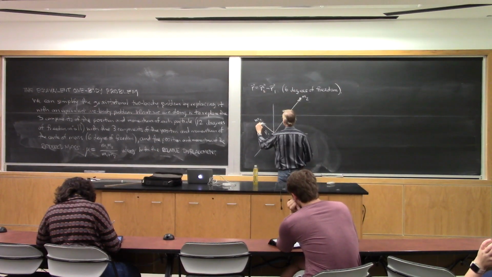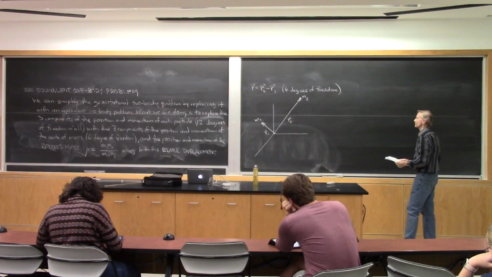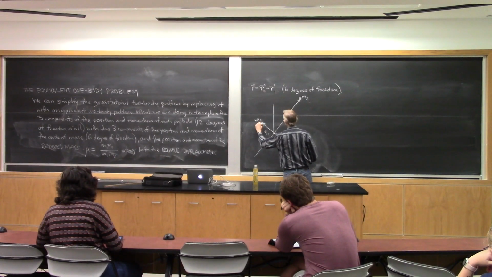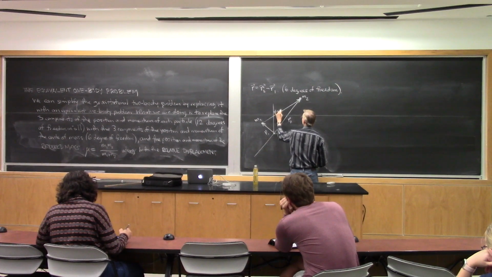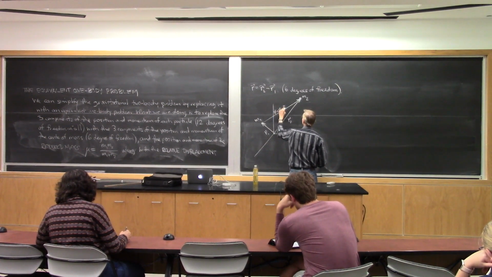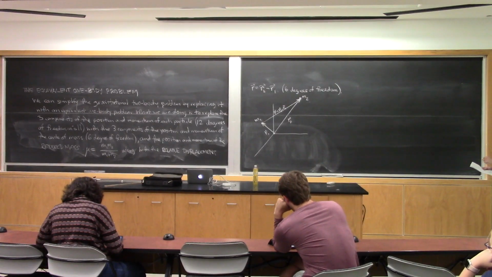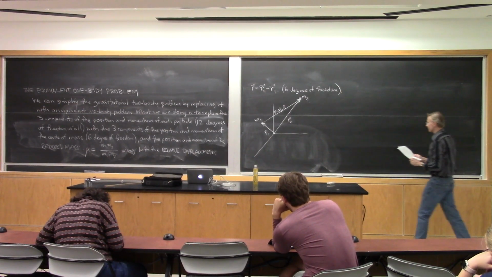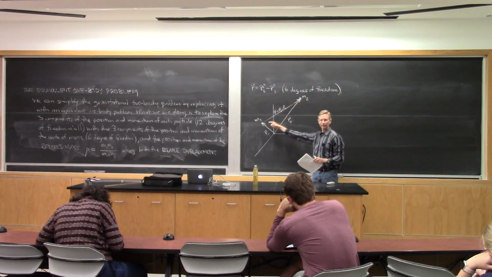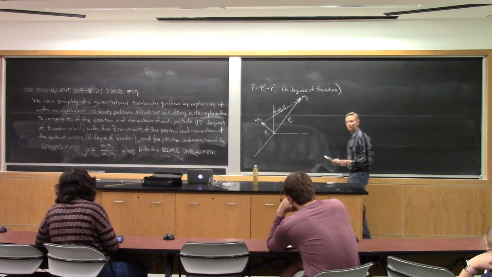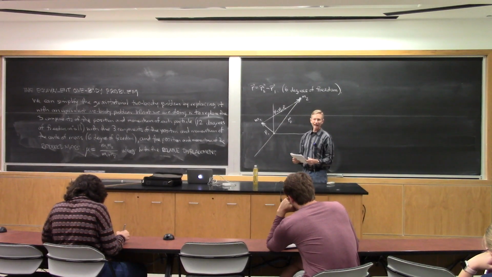Then the relative displacement, R2 minus R1 — remember the rule is that it points from the back vector to the front vector, so to speak. So R2 minus R1 is that vector right there. R is R2 minus R1, so that's the relative displacement. It's where M2 is relative to M1. And the center of mass lies somewhere on the line joining the two particles. Remember, that's always true for a pair of particles. It always lies somewhere on the line joining them, and it lies closer to the more massive one.